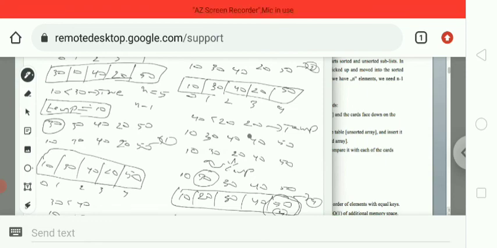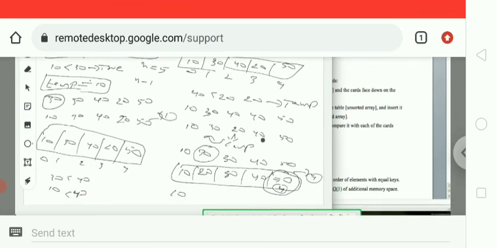So all the elements remain the same: 10, 20, 30, 40, 50. In this way, in insertion sort, the elements will be sorted. I hope you understand this topic.